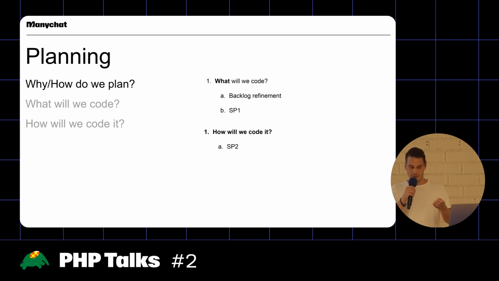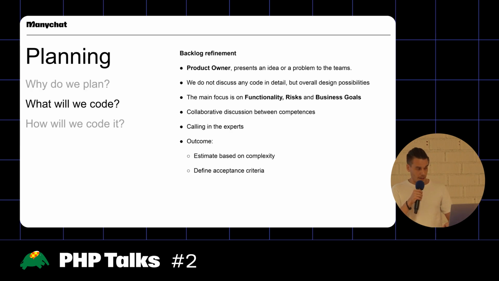We refine a backlog item. So in terms of content and scope, we define what needs to happen. We go to the sprint planning one, and then we decide what is the capacity to take this into the teams. And then, after all this has been done, we also need to decide how will we actually code it. So how does it break down into technical parts, and how do you distribute it inside the team? And that will be our sprint planning 2.